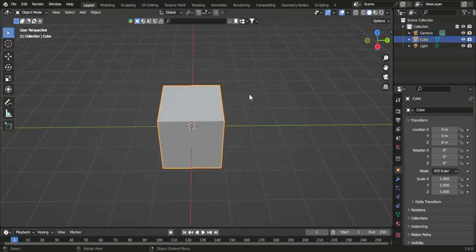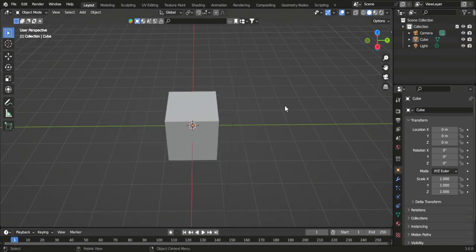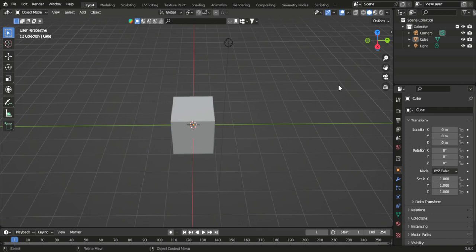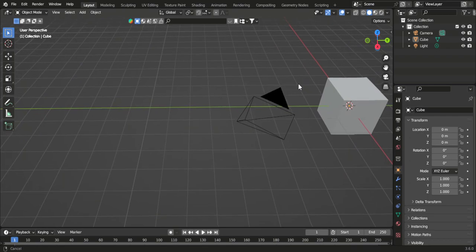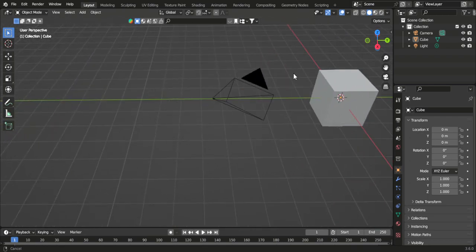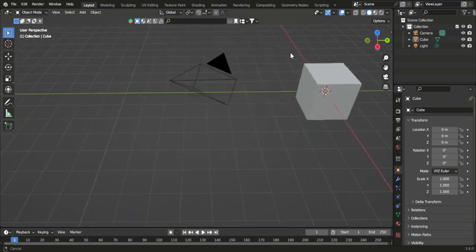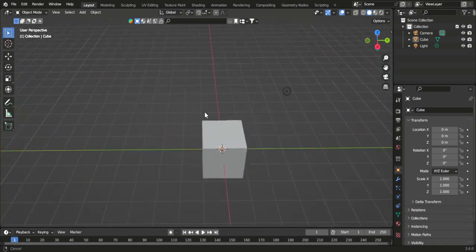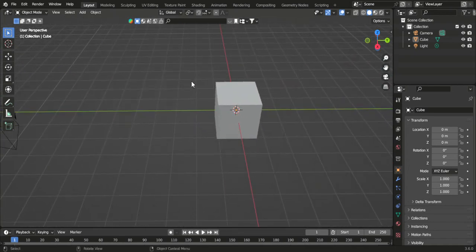And if you want to move the entire interface around, you can do that simply by holding down your shift button and then holding the center button of your mouse. So you hold down the shift button and the center button of your mouse, and you can move everything around this way. Alright, so the next thing I want to show you is the use of